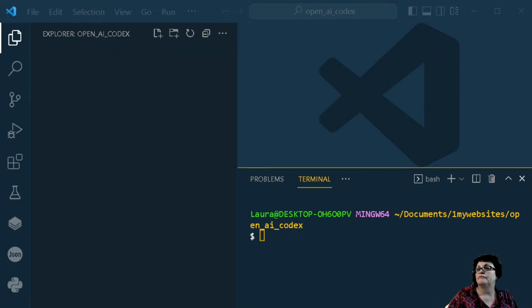View and then terminal. To create the front end or the client side of our project, we're going to use a build tool called Vite. But to use Vite, we have to use npm, and to use npm, we have to use Node. So to check if you have Node installed on your device, type node -v. If